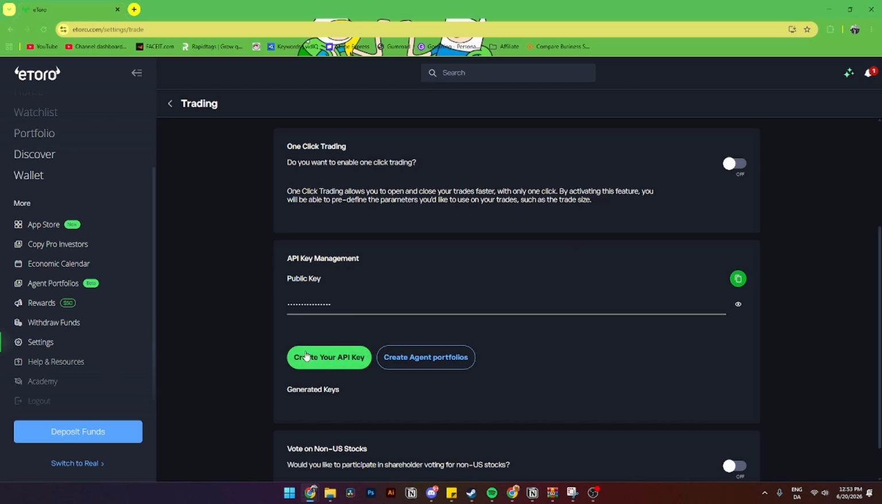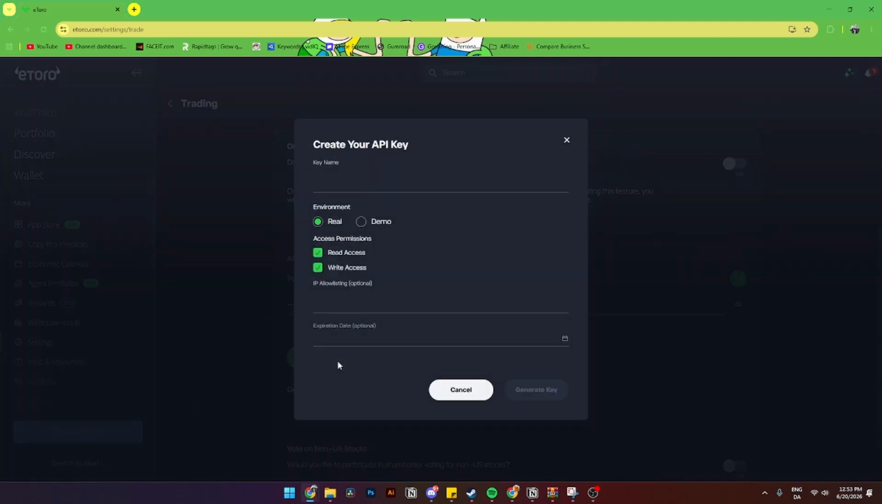Once from here you'll simply be able to click on this green icon called create your API key. Once from here you'll simply need to click on it like so. From here you can name your API key, so let's just call it Mike, and here you can add the environment where you'll either be able to choose the real live action trading experience or the demo accounts. Once from here you'll need to click on one of these, and you'll need to access permission where you can choose between read access or write access, and you'll also be able to add in IP allowance listing and expiration